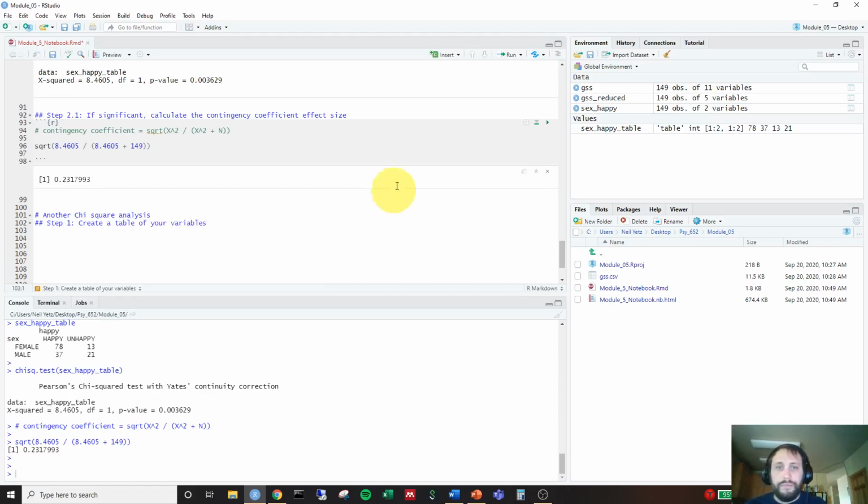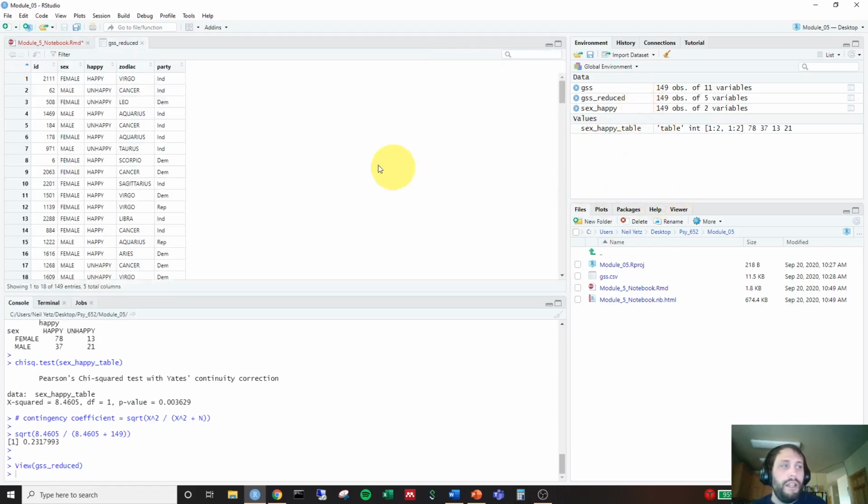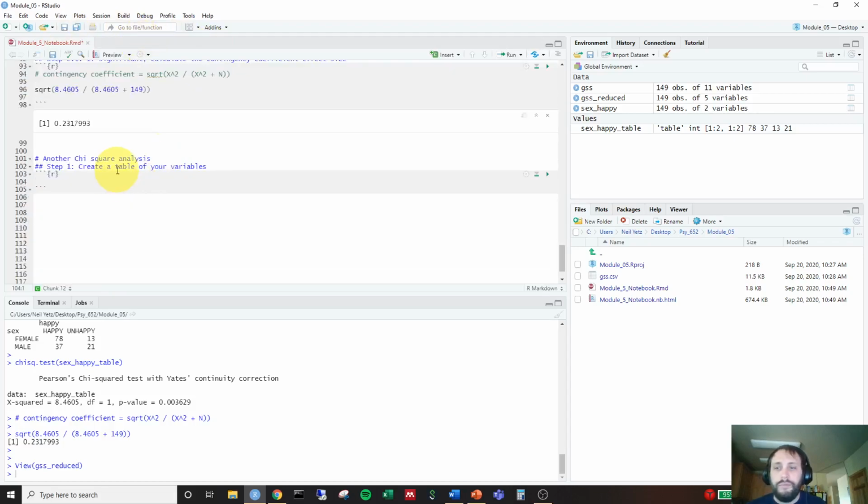This time, let's go to our GSS reduced party data. I'm going to see if there's a relationship between sex and party and see if that violates any kind of assumption of independence here. So go ahead and do chi-square of sex and party. The first thing we need to do is table our variables. First, we're going to create our new object. I'm going to name it sex_party. This is our assignment operator. I'm going to select our variables of interest from the GSS reduced data set, comma, the variables sex and party. So if we run that line of code,